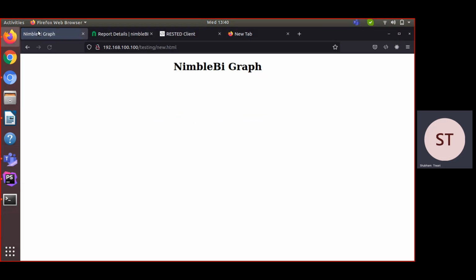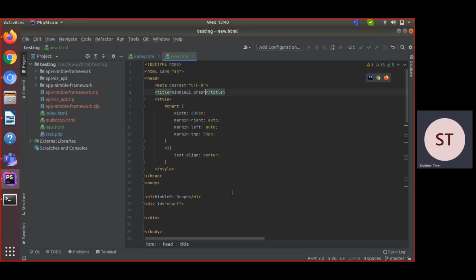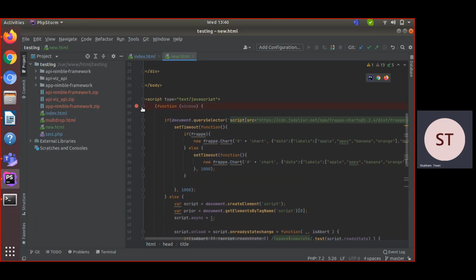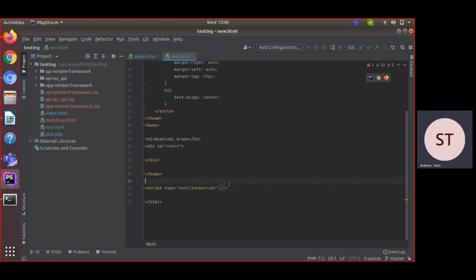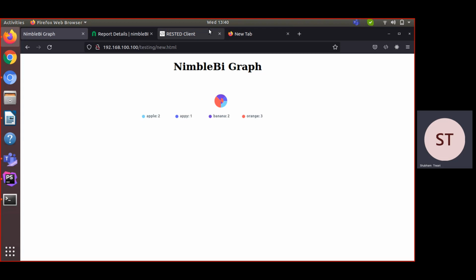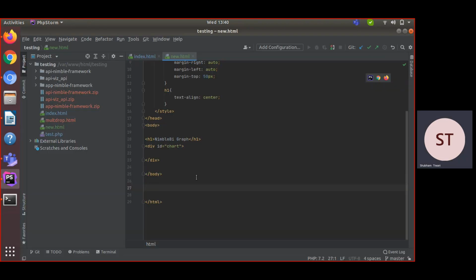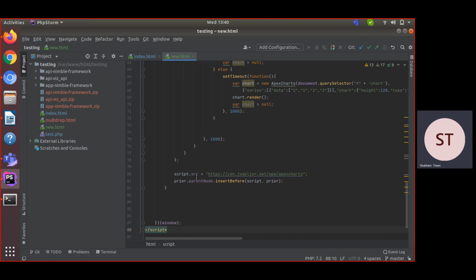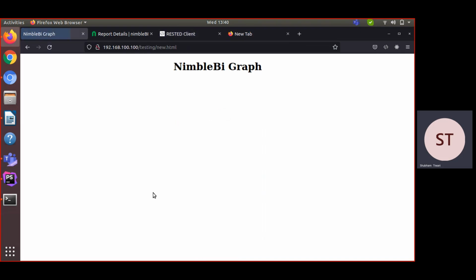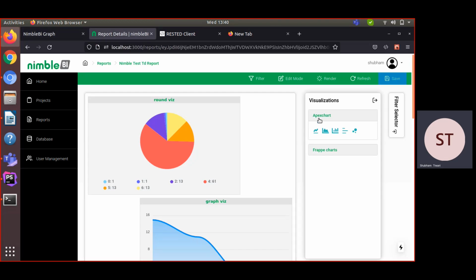Now I will paste my response data here. So again, first copy it, and paste it here. If you refresh this page, you can see your first graph, which is the Apex line graph.